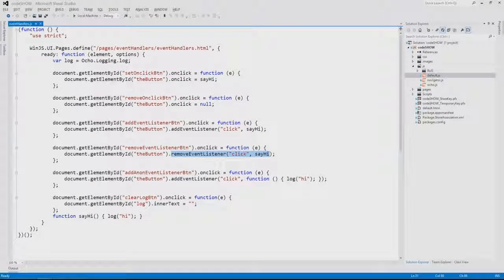Now, the third one here is doing it a little bit differently. The third one, instead of using the say hi method, as we did in the previous examples, is doing it anonymously. It's adding an anonymous function by way of the add event listener. And that can be added, but since that function doesn't have a name, there's not really a way to pull